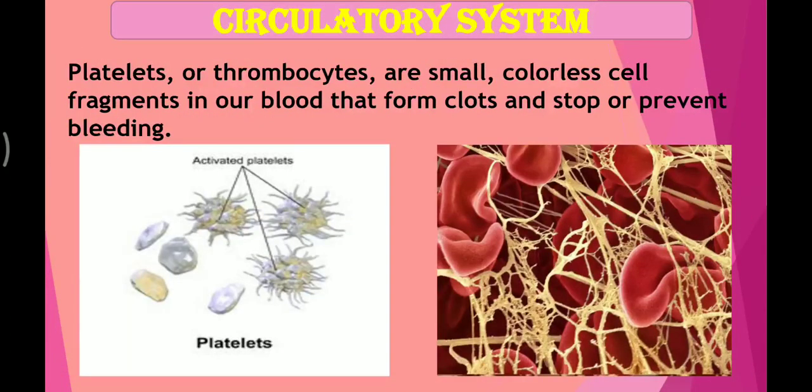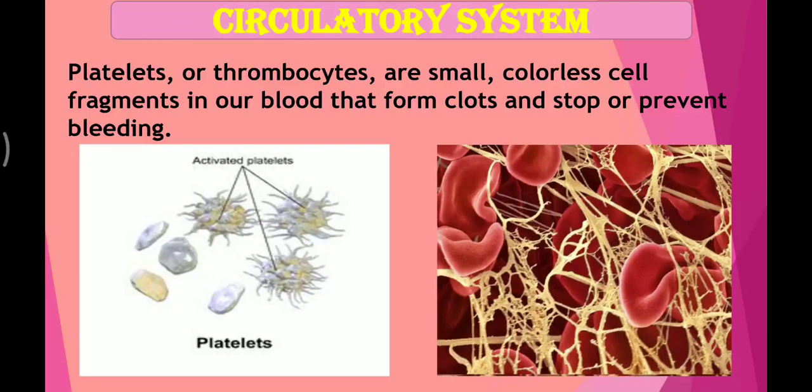Next come platelets or thrombocytes, small colorless cell fragments. They are cell fragments in our blood. Why are they needed? Oxygen is carried by RBC. The soldiers, WBC, are fighting. Why are platelets needed? Blood clotting is very important. Sometimes you have an injury, you remember? You get an injury and the blood starts flowing. After a few minutes, if the cut is minimal, it starts to clot by itself. That clotting work is done by these thrombocytes.